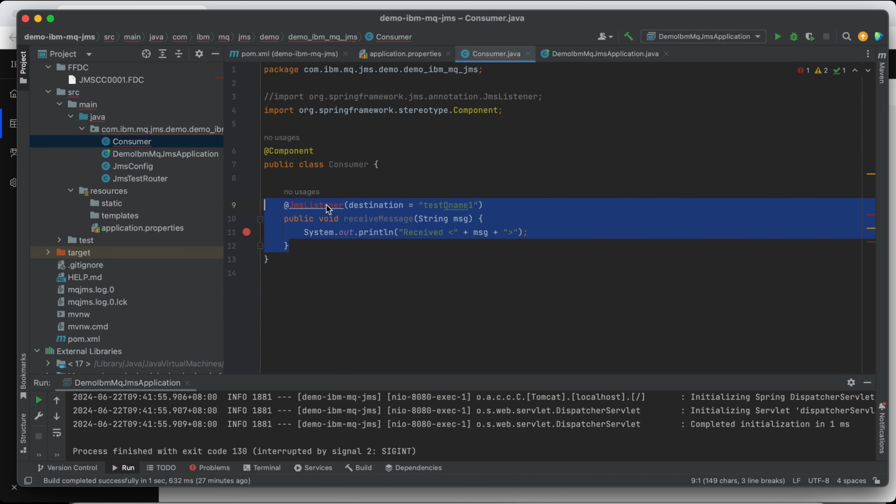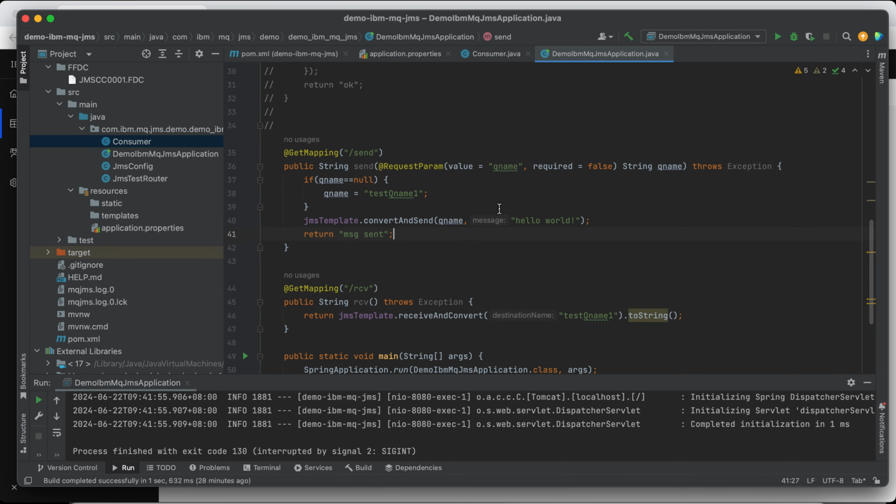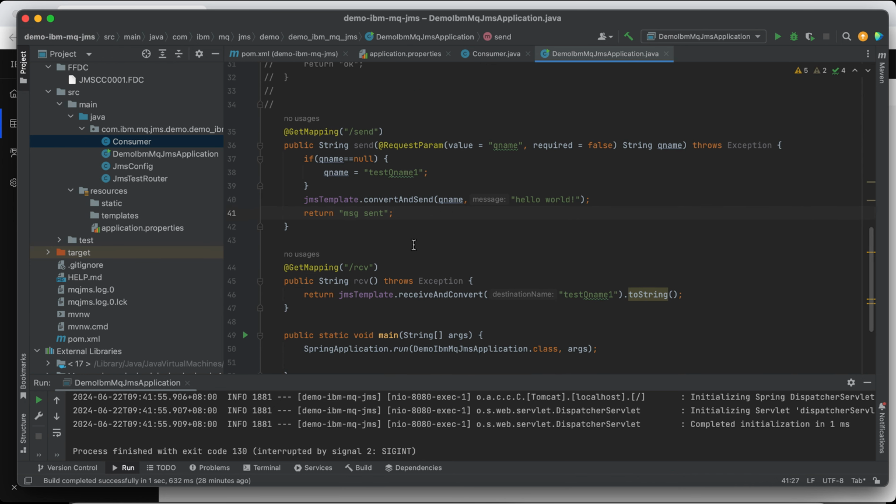Basically, we just need one annotation, which is JMS listener from Spring Framework. Spring provides this annotation. We just need to annotate JMS listener, and in the destination we specify the name of the queue. As you can remember, last time we received the message using the destination name, this one, test queue name 1, right?